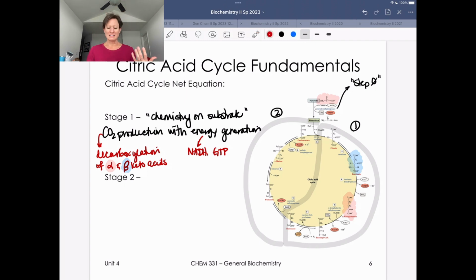So remember when we did our enzyme active site chemistry, we said chemistry on the substrate, use all reagents, return the enzyme active site to its beginning stage. So we're going to use that same terminology here, and we're going to define stage 2 as regeneration of the active state. And notice I didn't say active site here because we're not talking about one enzyme. We're actually going to have 3 enzymes that we're going to address in this second stage, okay? And what we're really going to be talking about is the regeneration